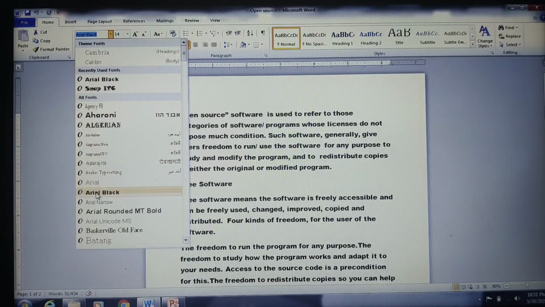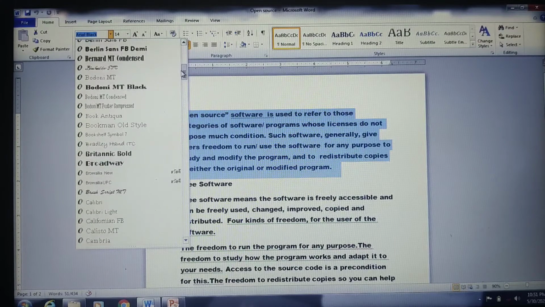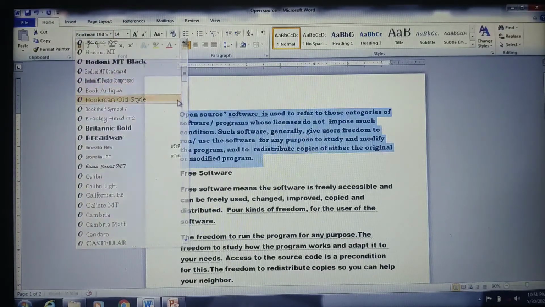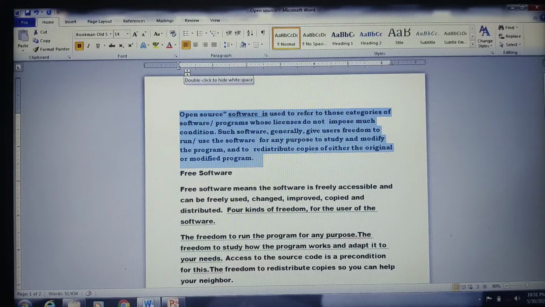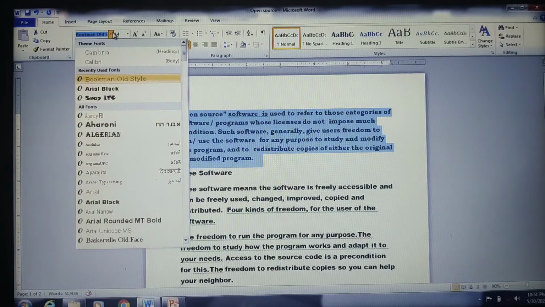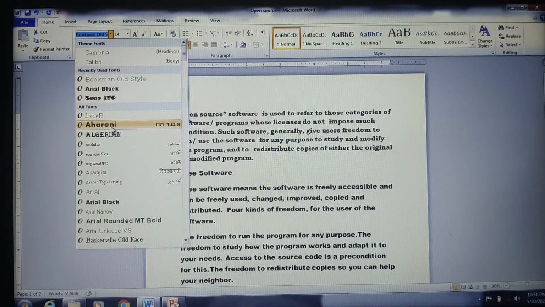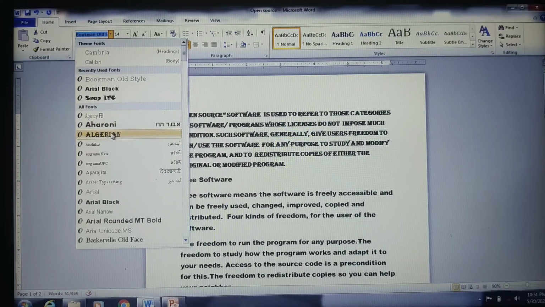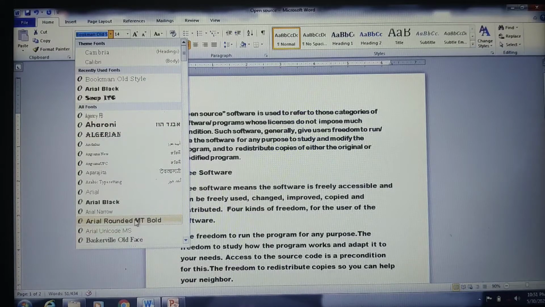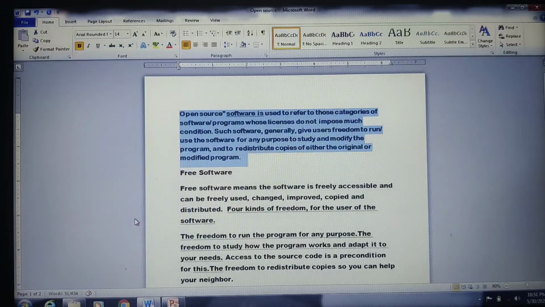As in when you're moving on to the different kinds of font styles, we have so many different kinds of fonts. In this, you can choose any one of your desired selections. All right, so herein I have chosen Bookman Old Style. Or you can even go for Algerian also. Okay, so here we shall choose this one, Arial Rounded MT Bold. So the format menu will work when you are selecting certain text.